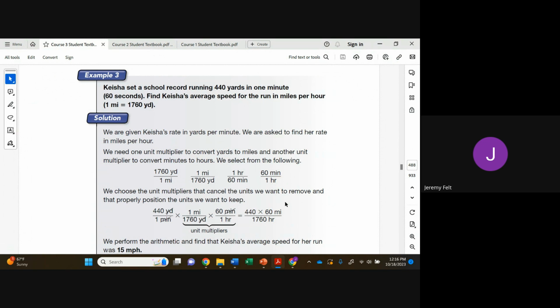miles per hour. So we know how far she ran. We know how long it took her. But then how can we use that information to figure out average miles per hour? In 440 yards, you may have sped up or slowed down at some point in that race, but you can figure out on average how fast we were traveling. So 1,760 yards equals 1 mile, because I want to end up with